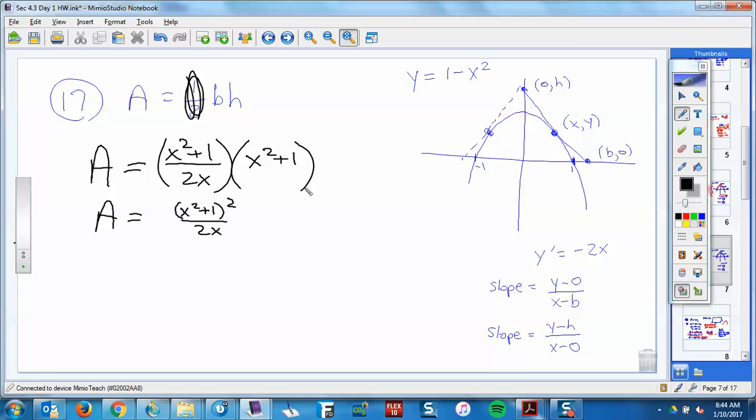Right? So I eventually end up getting the thing I'm trying to minimize turned into that. But the key was we were trying to get this in terms of one variable. And so we had two different ways to write slope. So more than anything, what I want you to remember out of this problem is what we call the